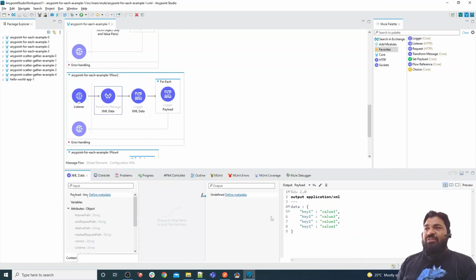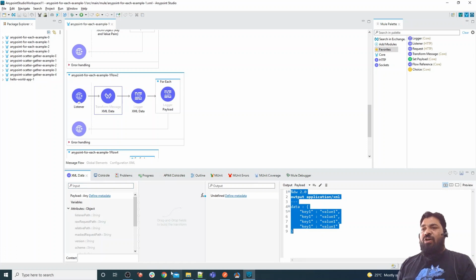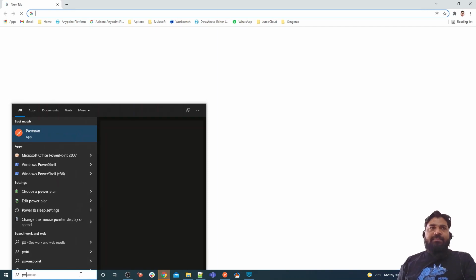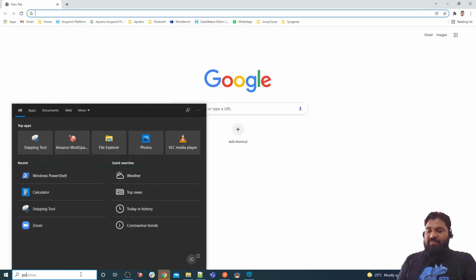XML data. This is another example where we are providing XML data to for each. Let me show you what the output of this one is. Let me start my local machine Windows PowerShell.